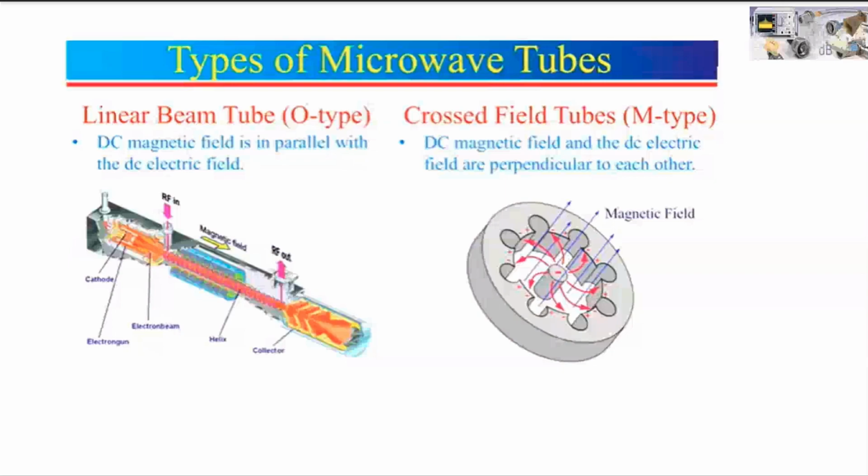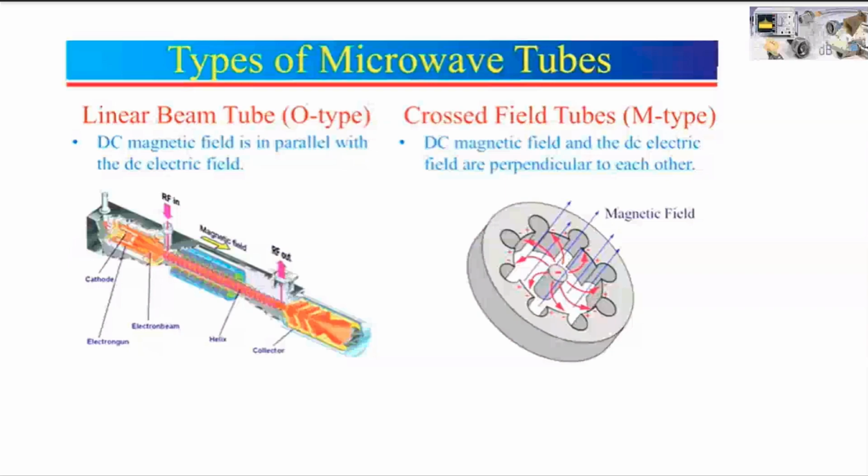These are just conceptual things, nothing mathematical. But you should remember these things. They generally ask a 2 marks, 3 marks or 4 marks question: what are the basic demerits or disadvantages of conventional tubes, so that we cannot use them for microwave frequencies. So these are the reasons which I have discussed just now.